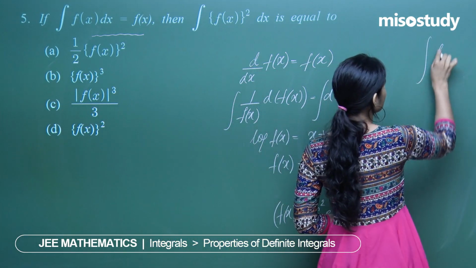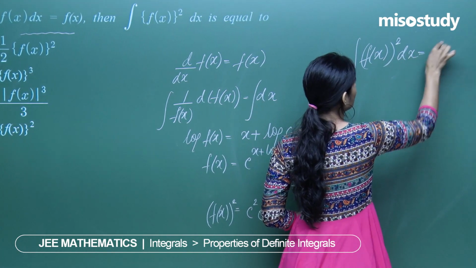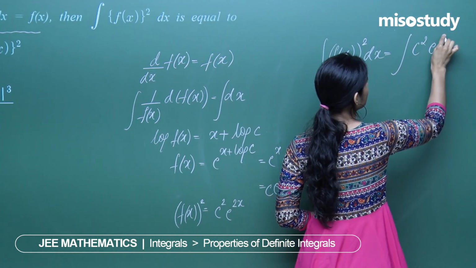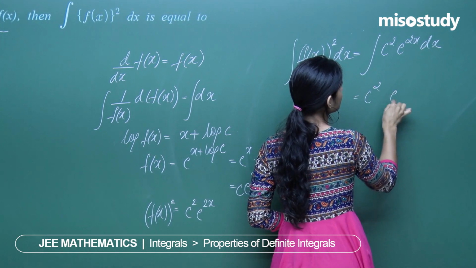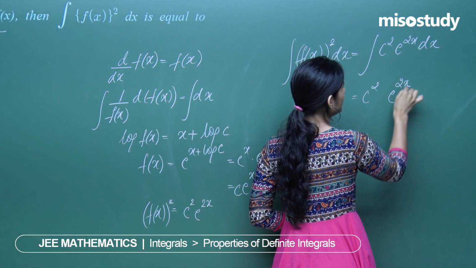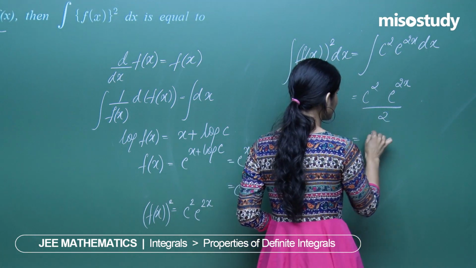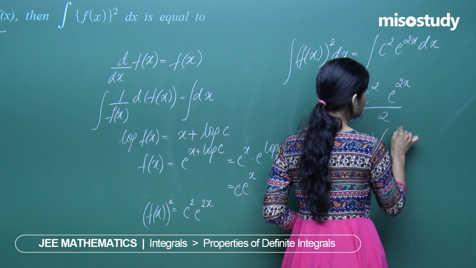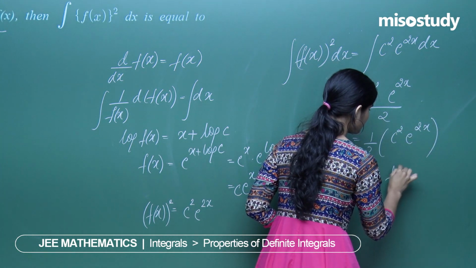And when you integrate f(x) whole square, you actually integrate this, which comes out to be what? C square is constant, integration of e to the power 2x is this upon 2, right? And your answer comes out to be 1 by 2 c square into e to the power 2x, which actually is